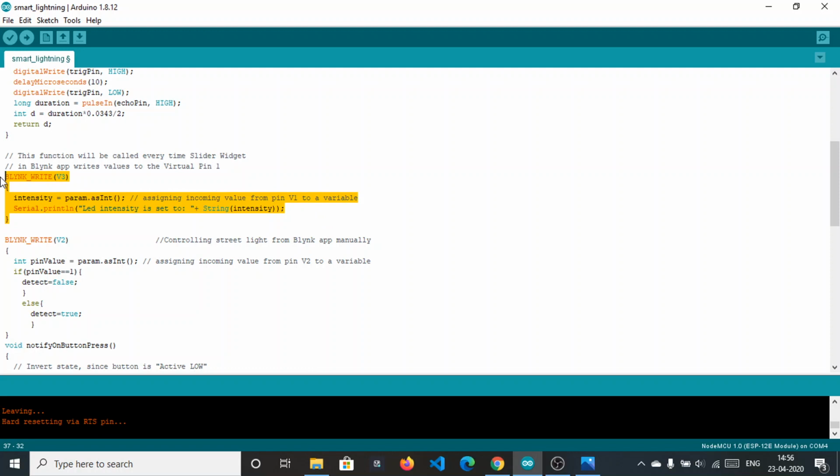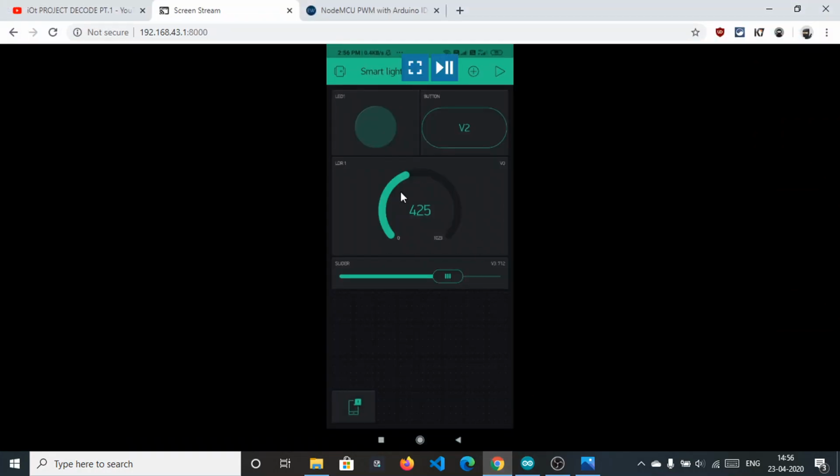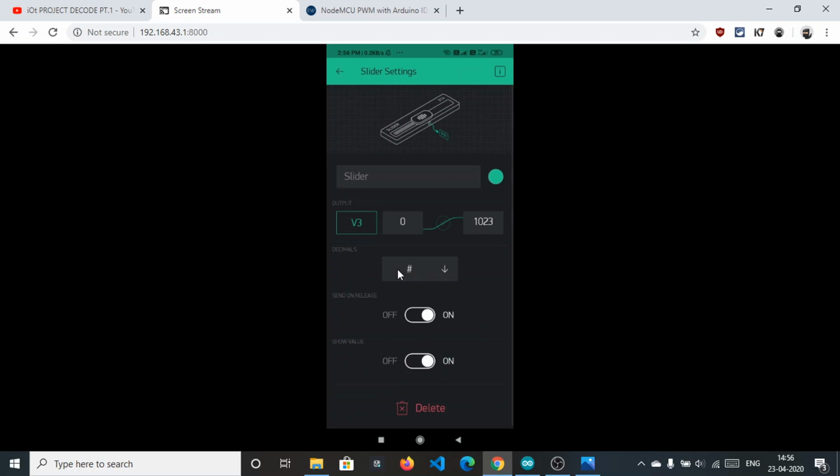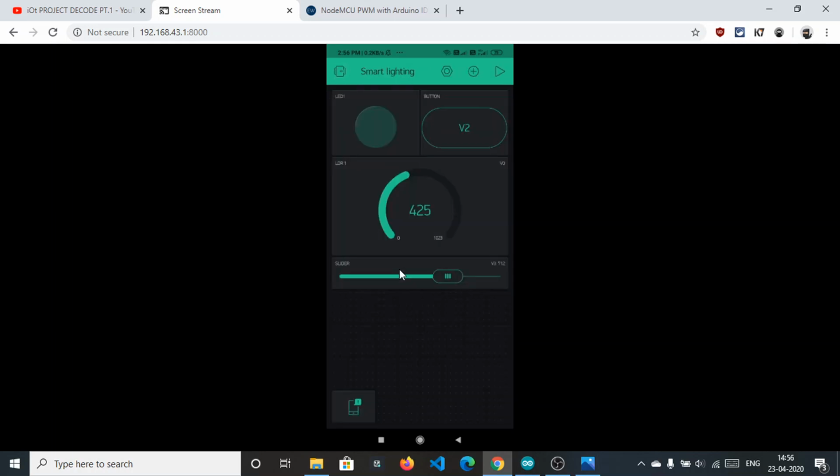It's another method which is running on the V3 pin. Fine, this one slider, click on it. Yeah, V3, this is running on V3. Let me turn on this and set it.